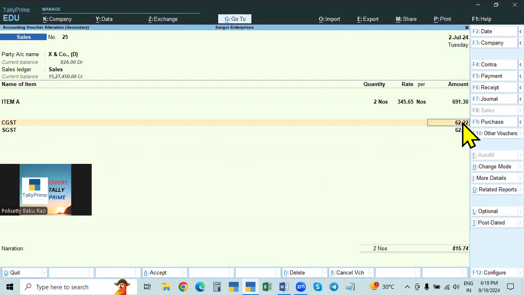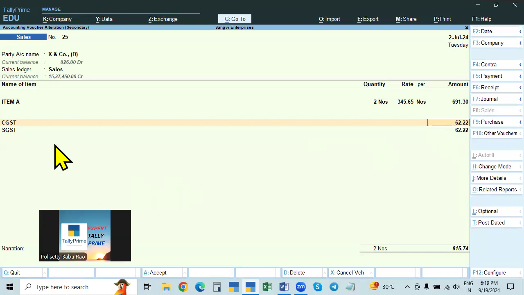But taxes, either CGST and SGST or IGST, GST also should not be rounded off. If it is rounded off, there will be a problem with the GST reports, and when you are filing the GST returns also, there will be a mismatch. For example, here you are getting paise. So if you see